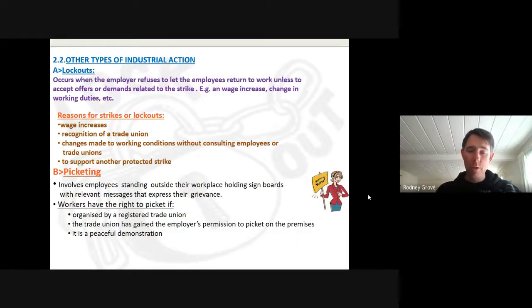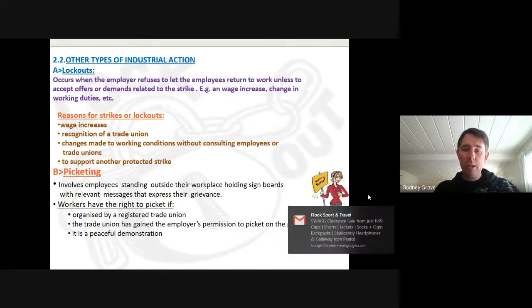So this is important. If company A staff go on a protected strike, so they've followed all the processes and procedures, and the strike that they're embarking on is for a wage increase, hypothetically. And that wage increase